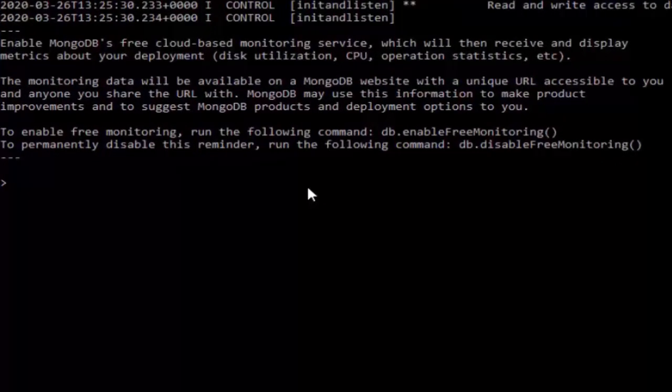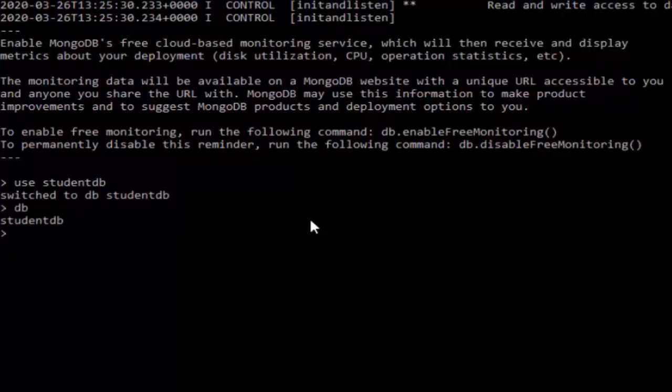So I'm writing use space database name. Suppose I'm creating a database as studentDB, so I have switched to that database now. My current database is studentDB. Now I'll create a collection, right? For that we'll use the createCollection method.